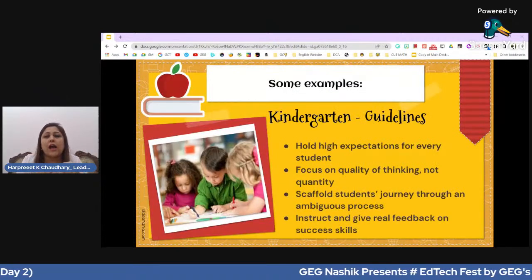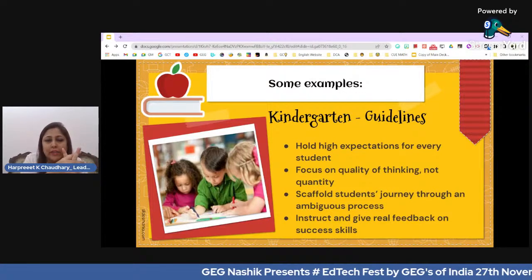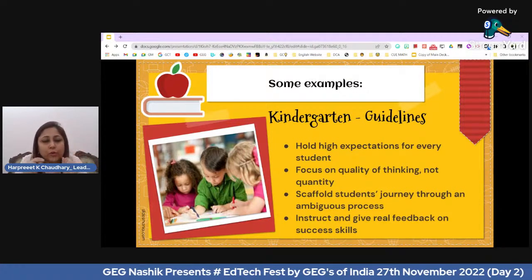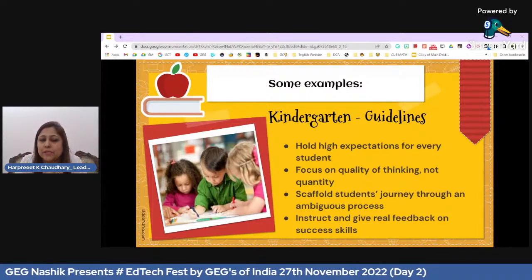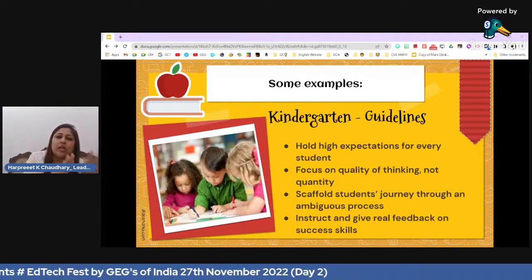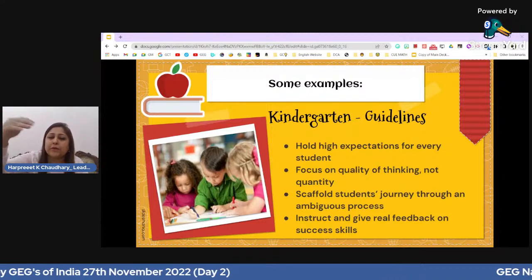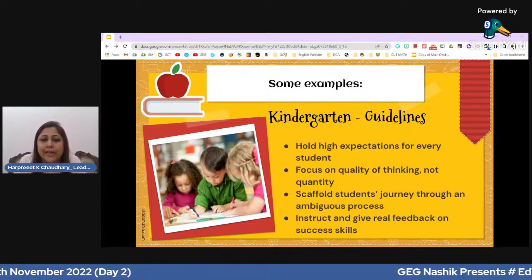So I'll give you 2 examples here. We've got, I think, about 20 minutes to go. So I'm going to quickly take you through 2 examples. One is kindergarten or early primary years, and one would be upper elementary. So here, kindergarten now,